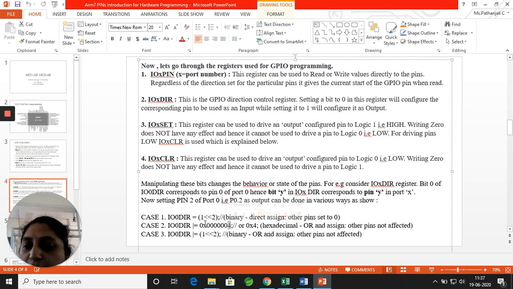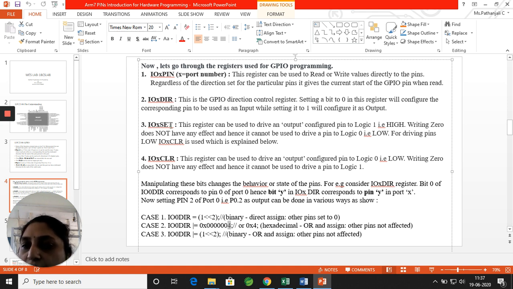In the same way you can do it in different ways by ORing. You know that when 0 OR 1 is there, it will be set to 1. So that combination is an OR instruction which is being used here. Indirectly I am making that particular pin enabled. When I make that particular pin enabled, this is the pin I am going to mention. That is where your IO direction register comes in.